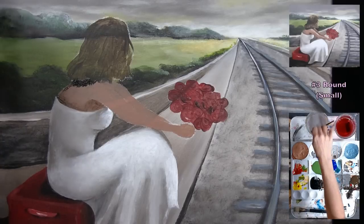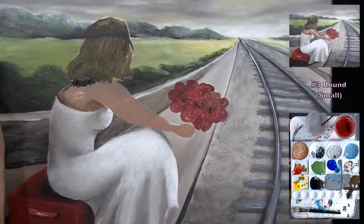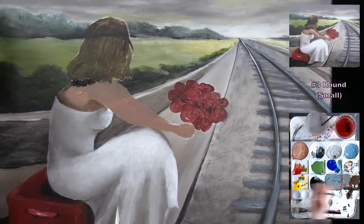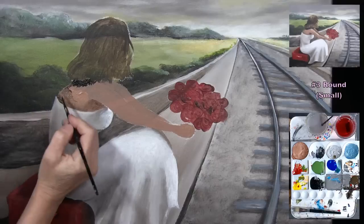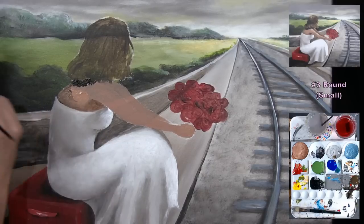I'm going to wash and dry my brush. I'm going to pick up some skin tone to get this shadow to blend into the skin tone back here, and a little bit of brown. I think I want the skin to be a little bit darker back here as well. As it meets the shadow, I still want it to be a little bit darker,